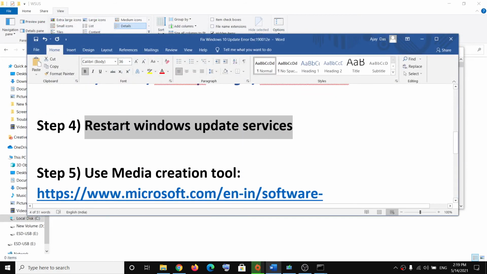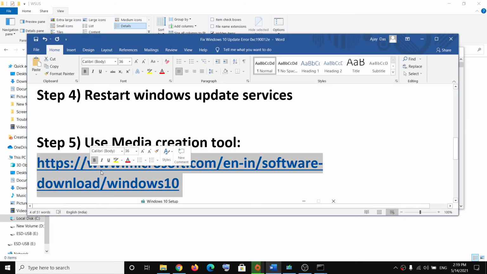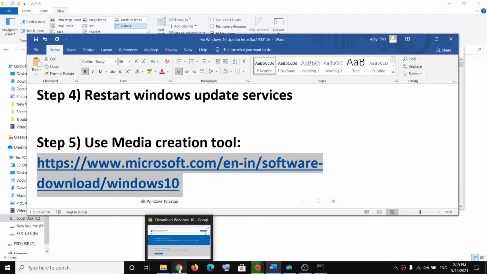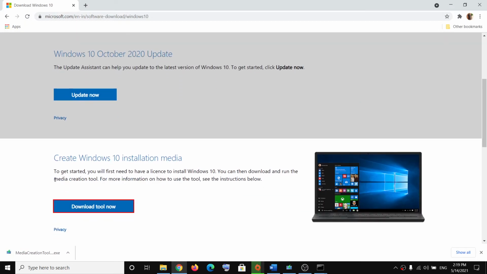The next step is to use the Media Creation Tool. So in case nothing is working, you can go ahead and update your Windows 10 using the Media Creation Tool. So copy this link. The link is provided in the video description. Open this link in a browser, scroll down and over here you can see Media Creation Tool. Click on Download tool now, and once the download is complete, run the exe file and then you will see